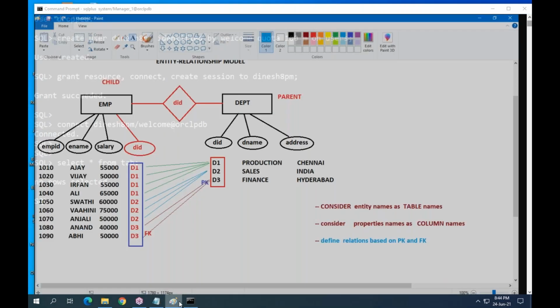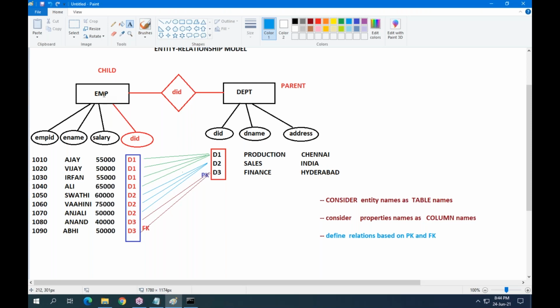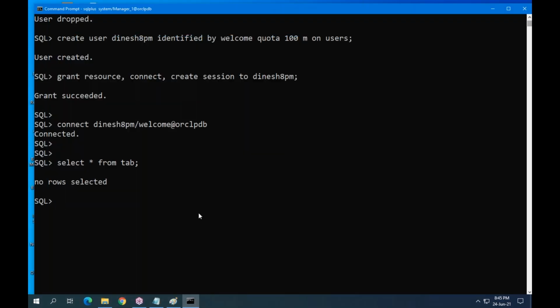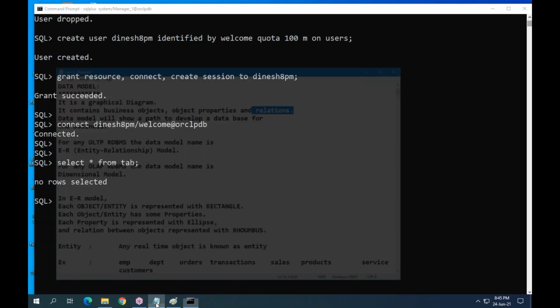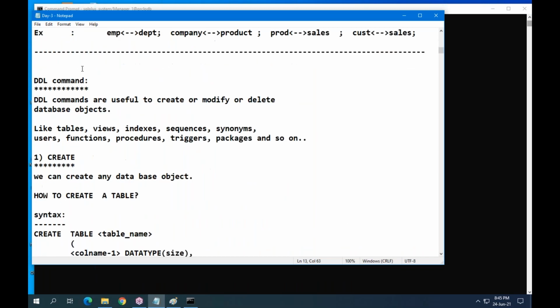Under this table, how many columns? EMP ID, ename, salary, DID. How to create a table? The first DDL command we are discussing, data definition language. DDL commands are useful to create, modify or delete.